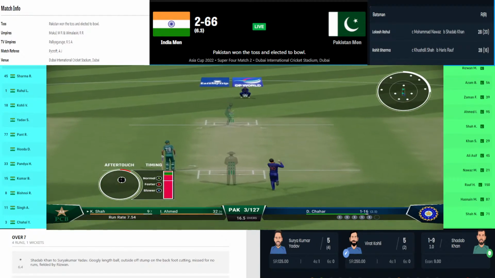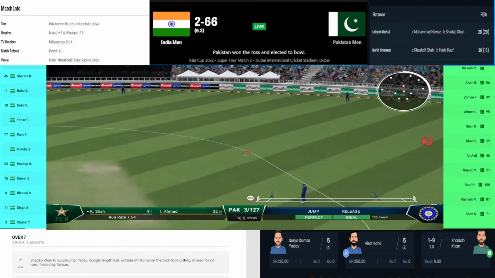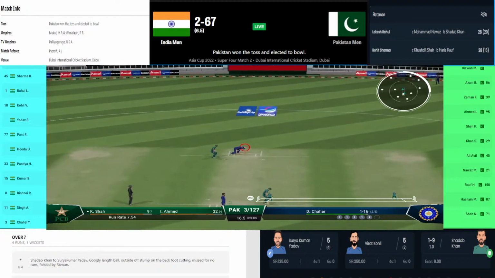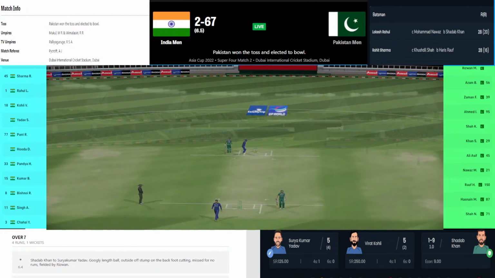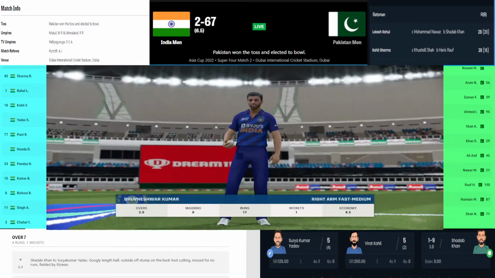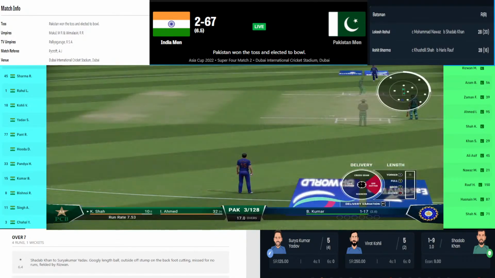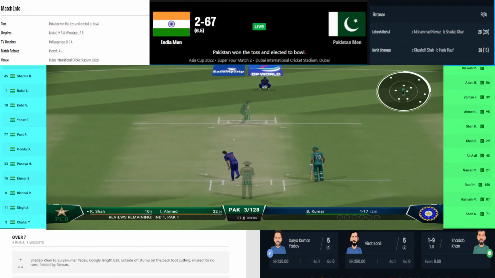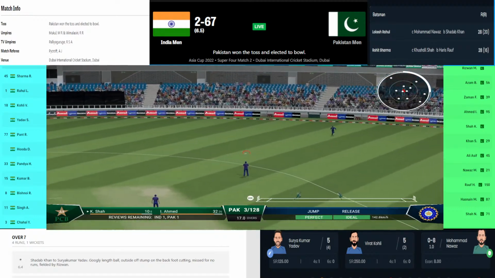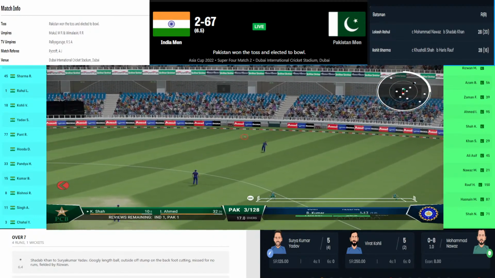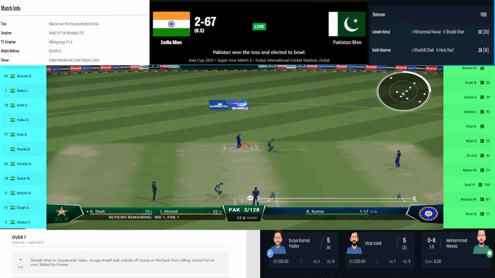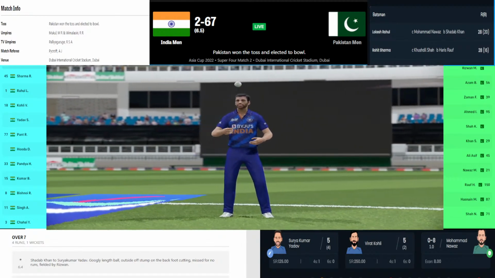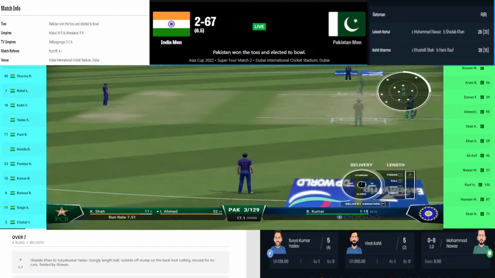So fifth delivery coming up to Surya Kumar Yadav. Same kind. This time it was into the body of Surya Kumar. It just swung in, spun in, and he just taps it to the corner region for a single. And with the help of that single, India's score has moved on to 71 for 2. The start was brilliant from Indian openers, but after that they have lost both of them.